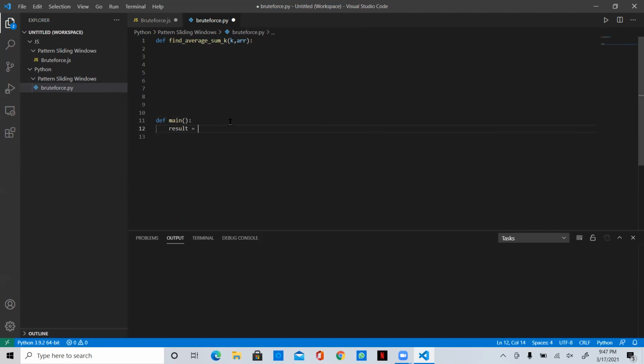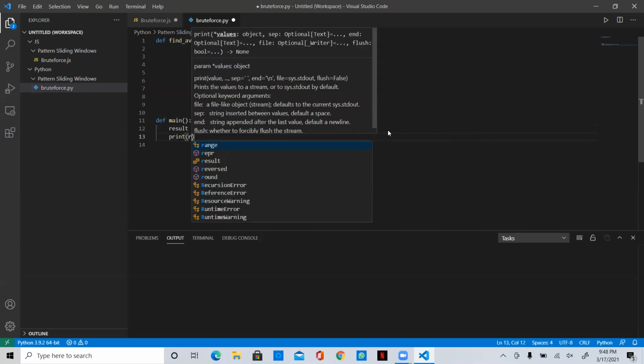Okay, so let's write find_average_sum_k. The array is 1, 2, 3, 4, 5, 6, 7, 8, 9. Then k is equal to 4, right? Print the result.